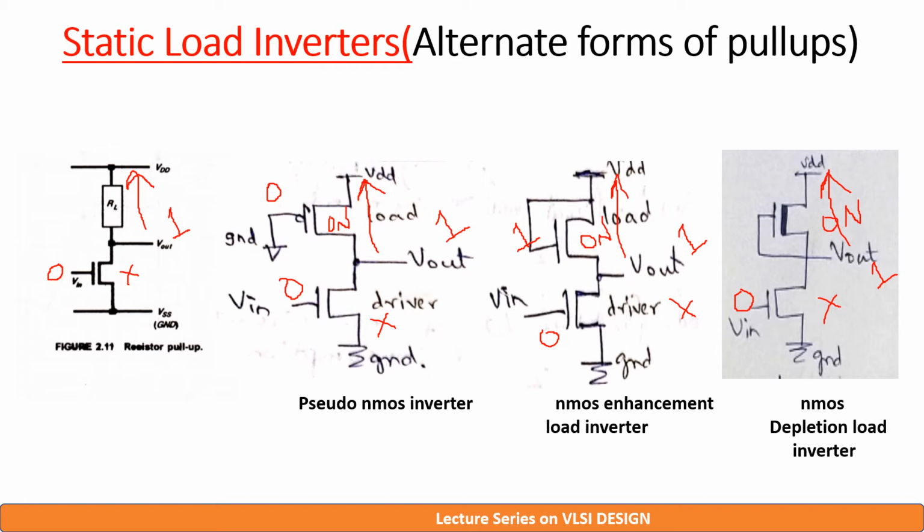So when input is 0, the output for the inverter will be logic 1, which is achieved in all the 4 circuits. So when input is 0, we are able to achieve high output logic level, that is logic 1 or VDD. But when input is logic 1,